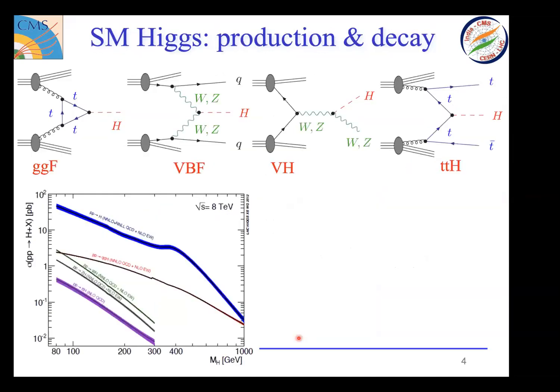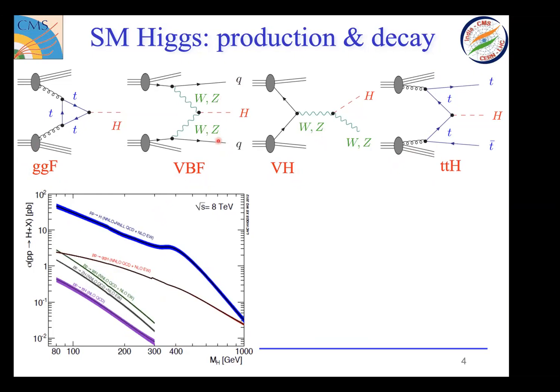Now, again, the standard model Higgs production, as we know, takes place using gluon fusion, which is the dominant production mode in the entire Higgs mass range. Contributions also come from vector boson fusion, associated production with W and Z, and associated production with t tbar. We can see that the production cross-section is approximately an order of magnitude lower even for VBF, but there are characteristic signatures. For example, in vector boson fusion, one can see that there are two